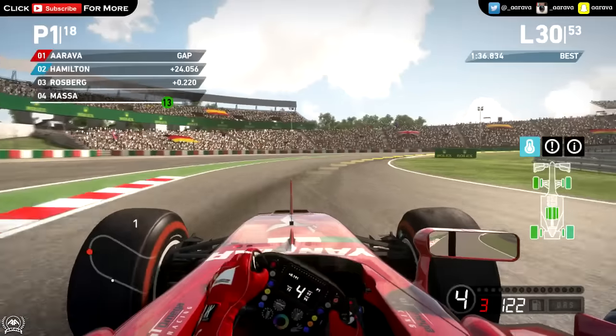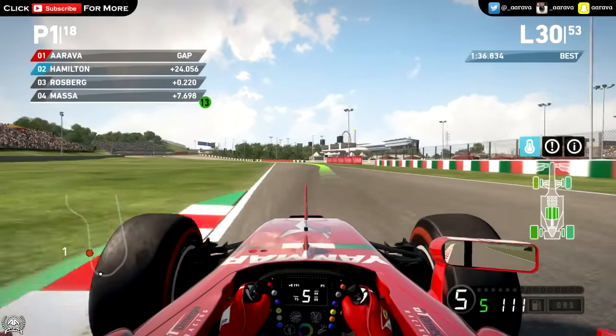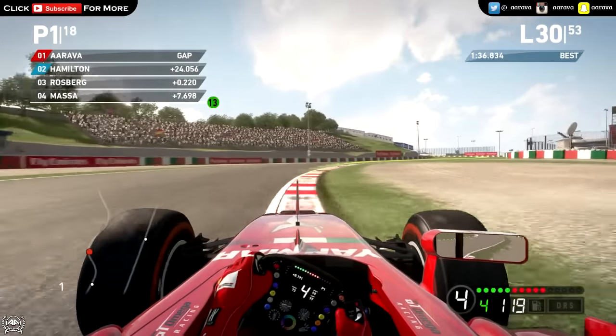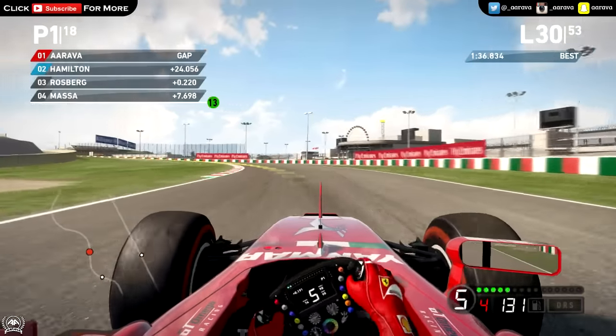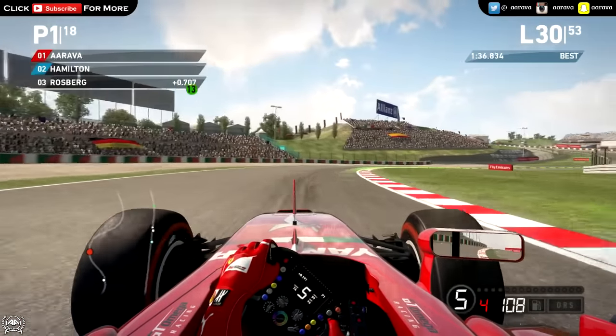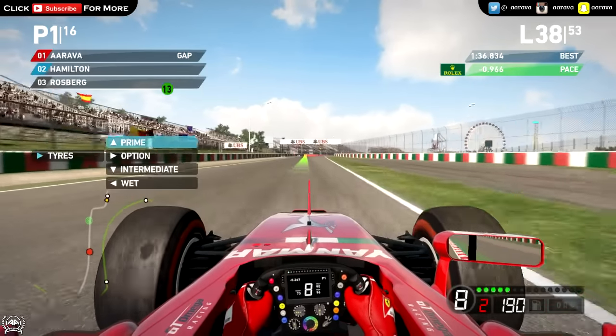Hamilton is now in 2nd place, so he actually worked the undercut quite well on his teammate Rosberg, so that's wonderful for me, because remember, Rosberg's my rival, not Hamilton, so I'd rather have Hamilton finish in 2nd, so that's great for us. We've got about a pit stop in hand right now. We're going to make one more pit stop for this Grand Prix for the option tyre, so we're converting from a 3-stop to a 2-stop here,